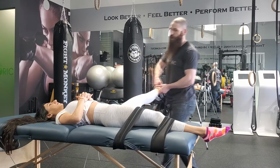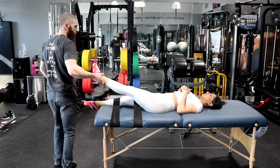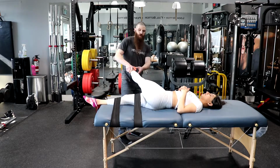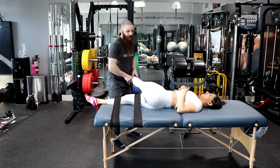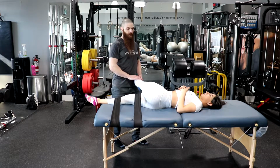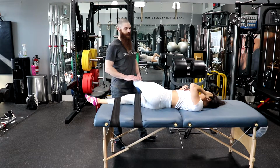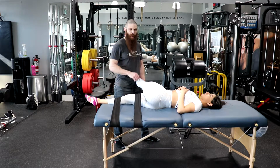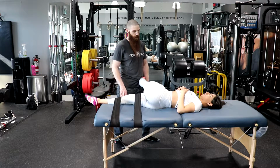One thing worth noting with all of these hamstring stretches is the closer you get toward the ground, generally that is where the person is going to be tightest. So right now we're going to be focusing on the biceps femoris, which is the most lateral. So for this one right over here, we want the foot close to the ground, and this is where a lot of people are going to be really tight. So if you do have somebody with tight hamstrings, you want to be careful in this position right over here. She's going to push into my hip,